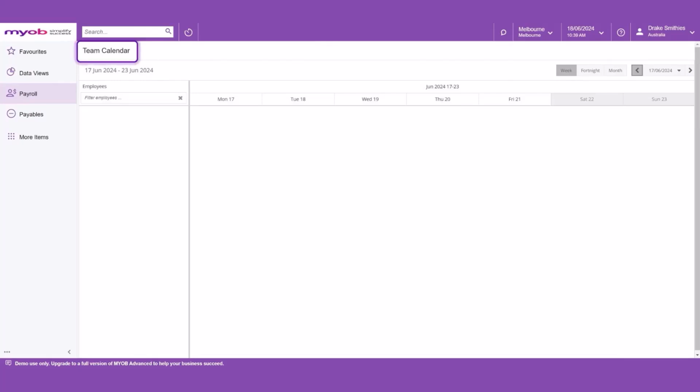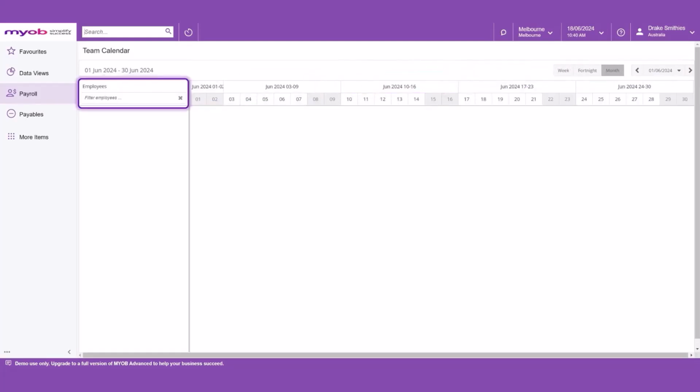The Team Calendar allows an employee to view their team's leave requests. An employee can hover over their leave requests and get the details. However, due to the Privacy Act, they can see the team members' requests but not the details. The Team Calendar includes the same buttons as the Employee Calendar with the added features to filter by week, fortnight,